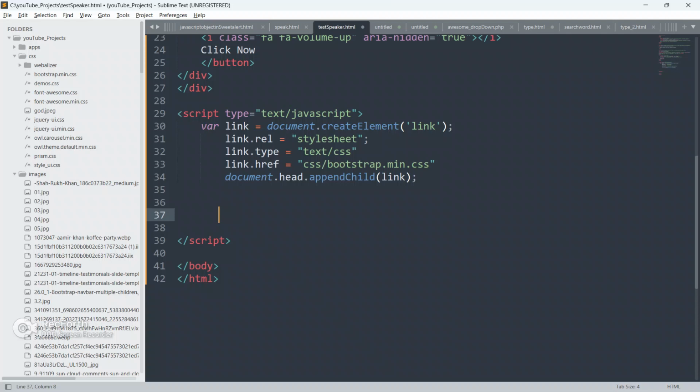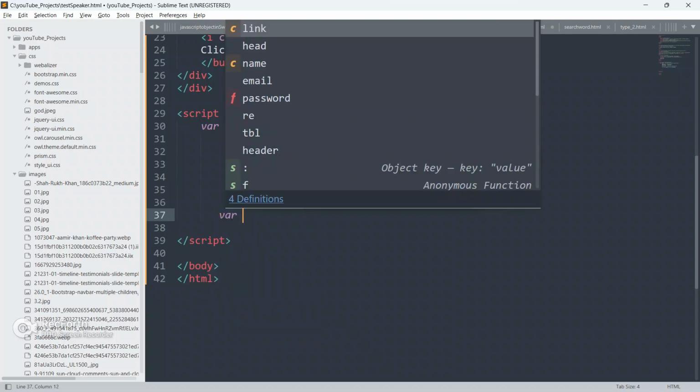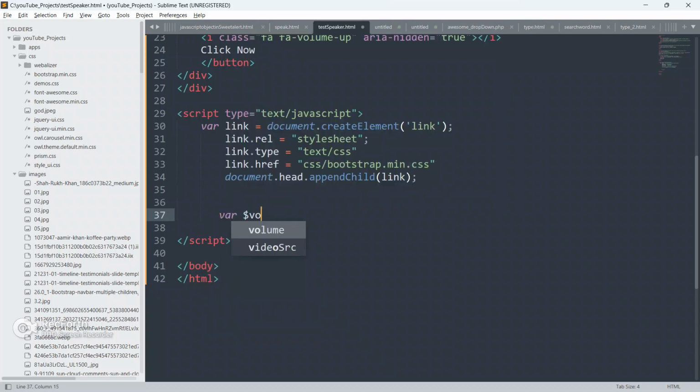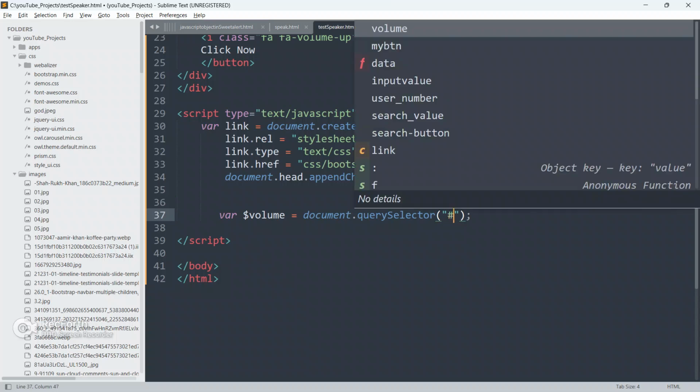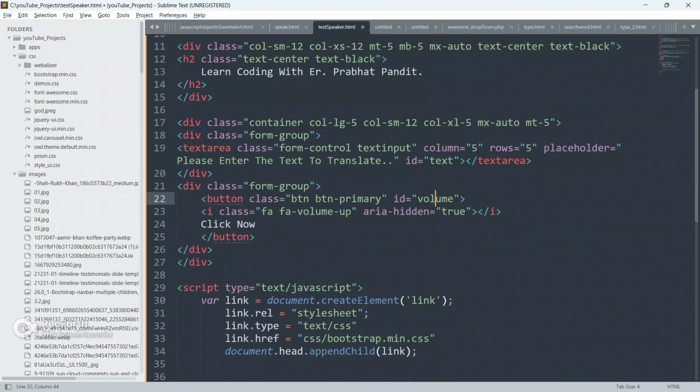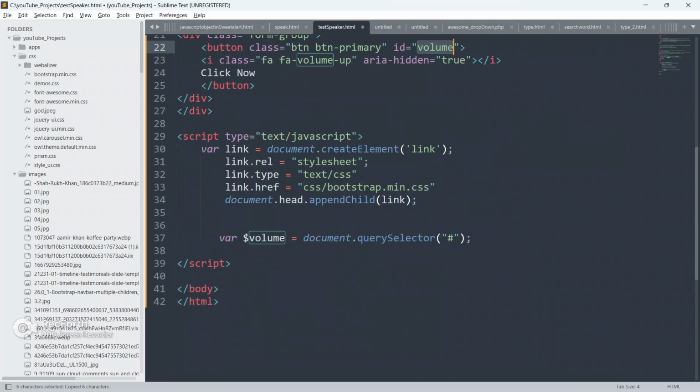So I am now going to write the JavaScript for the functionality. Create a var volume, document dot querySelector, this volume, guys.